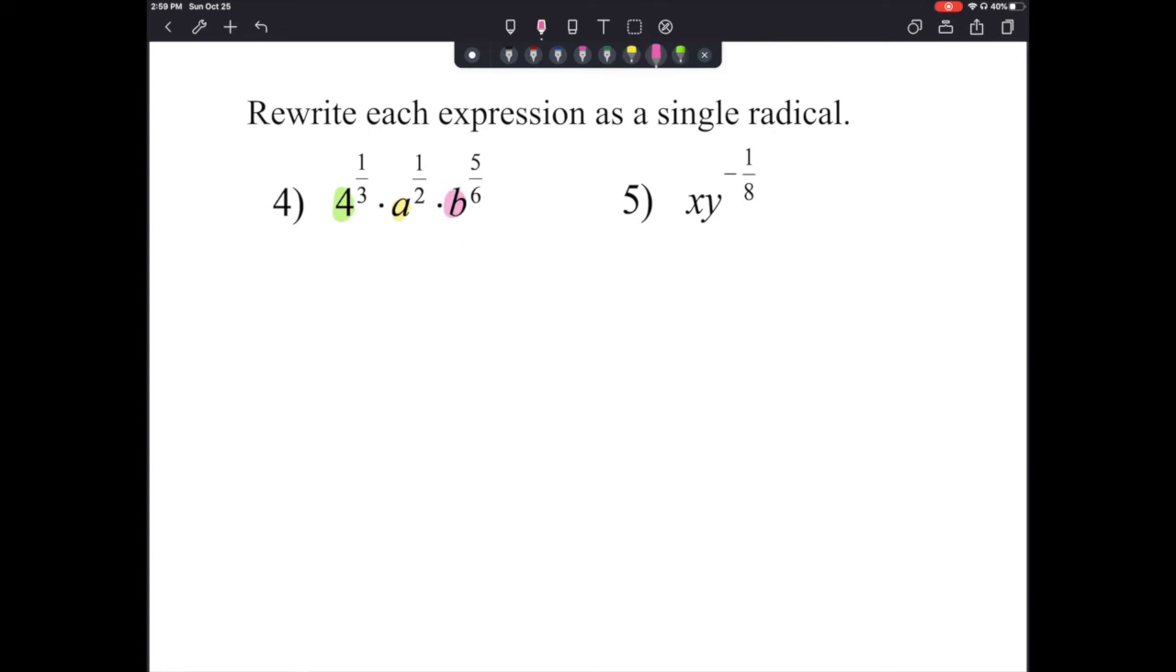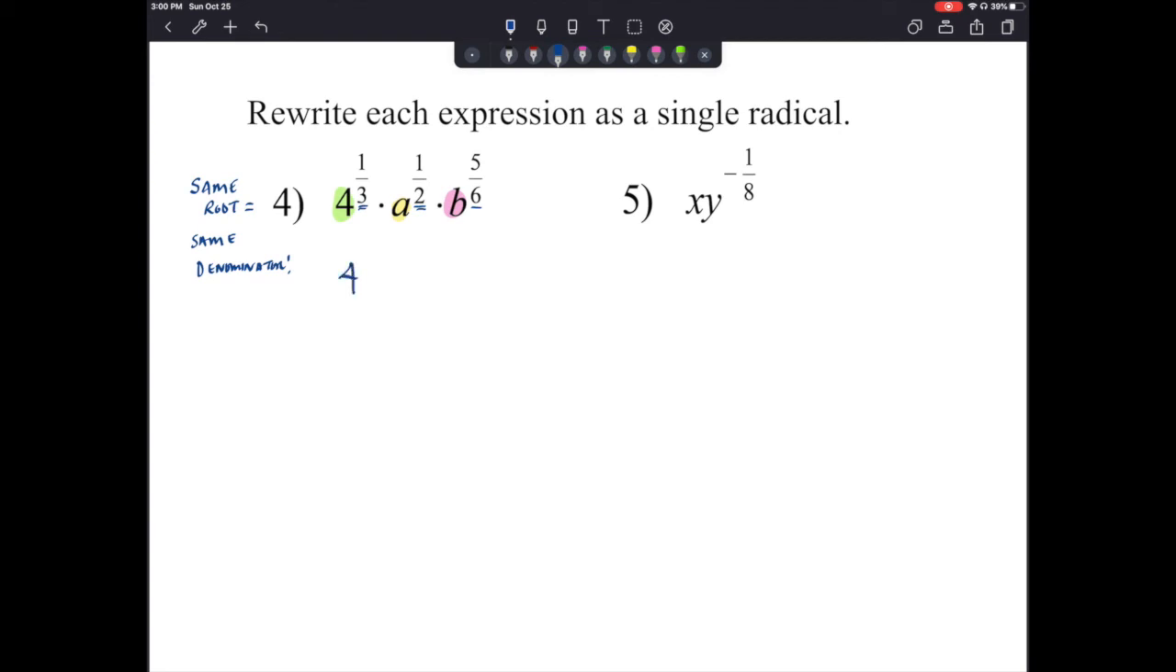Okay, so if I still want to write it as a single radical, I still can write them all under the same root. We just need to get the same root for each of these. So I have thirds, halves, and sixths. To do this, let's try to make the same root. If I'm trying to get the same root, that means I'm going to have the same denominator. So we have thirds, halves, and sixths. I know that 3 and 2 both go into 6, so let's rewrite each of these